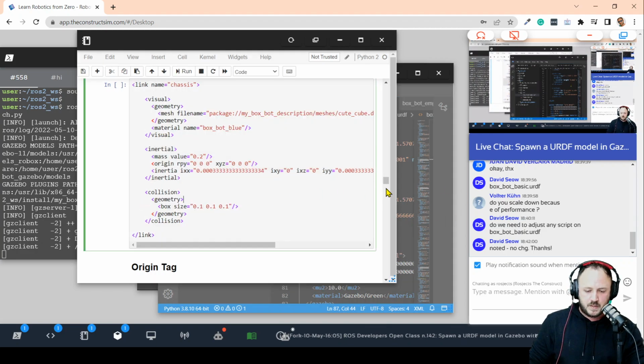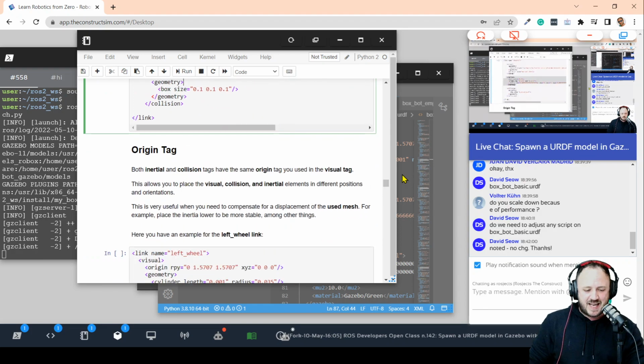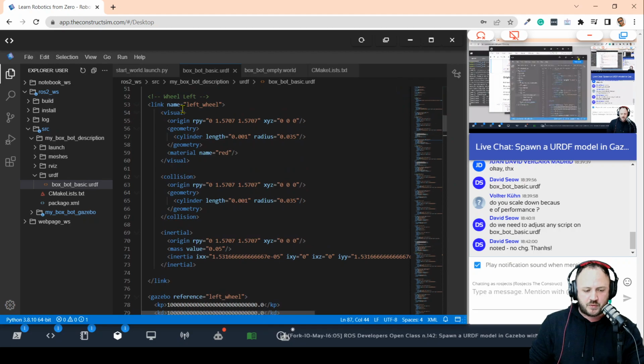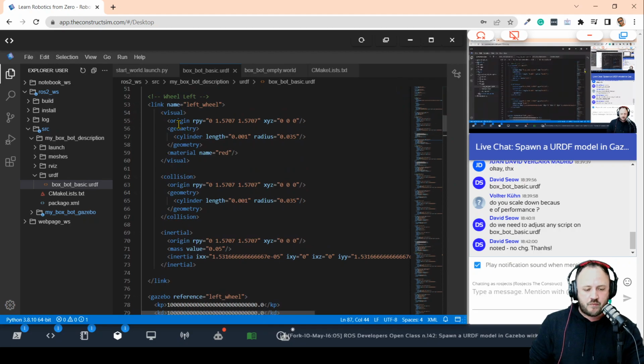Okay, then we have this origin tag. If you pay attention to all these tags that we have talked about, the visual, the collision, the inertial, all of them have an origin. Okay, so